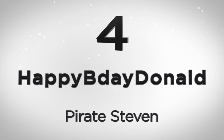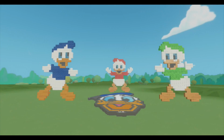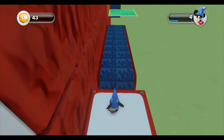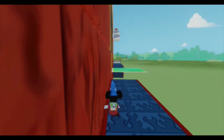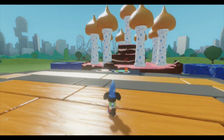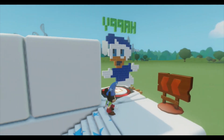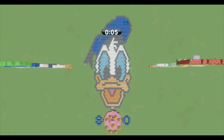Next up at number 4, we have Happy Birthday Donald, created by Pirate Steven. Huey, Dewey, and Louie are setting things up for Donald's party. Help him get the party started by finding 3 buttons that are strategically hidden throughout the toy box. Want to help your fellow players? Then post some hints, just hints please, about the locations of the buttons below or on the forums. Special kudos to Pirate Steven for the wonderful bit art of the birthday duck as well as his cute nephews